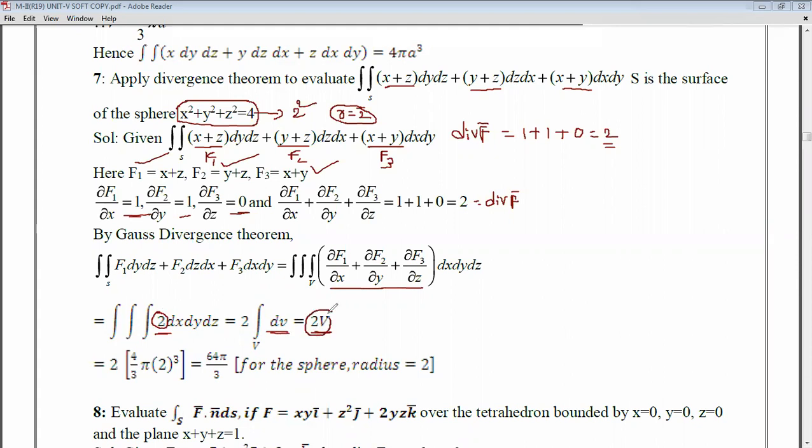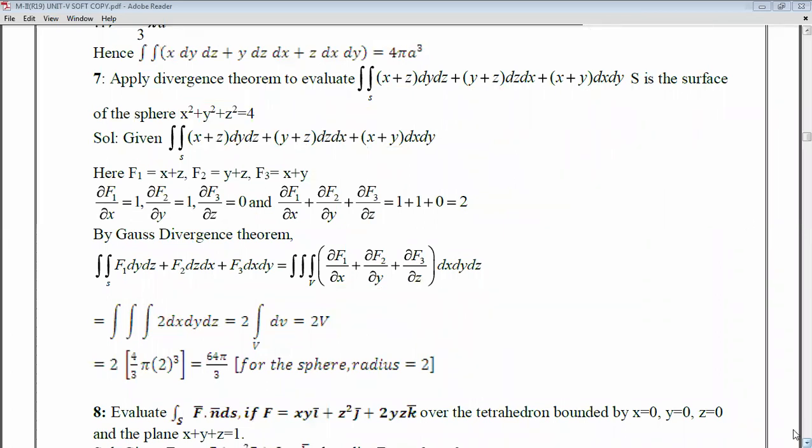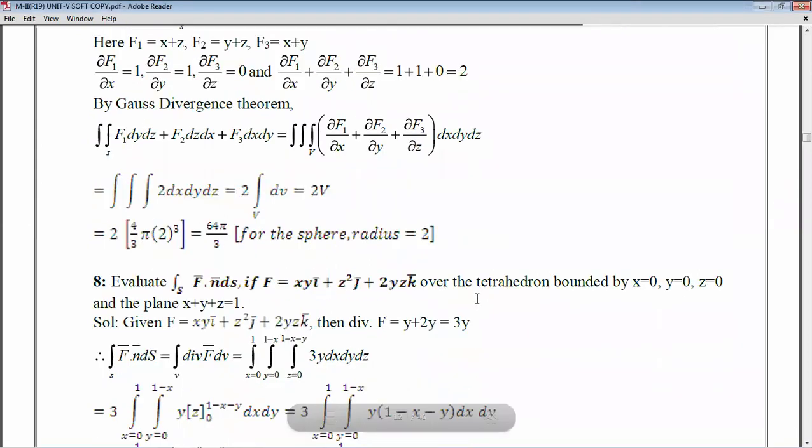So we wrote 2V, and next, here they give a sphere. The radius is 2 units and V represents the volume of the sphere. So we can write 2 into 4/3 pi r cube, where the radius is 2 units. So 2 cube is nothing but 8, so this is 8 times 4 by 3 pi, that's why here we wrote 64/3 pi. Okay, same pattern as we solved all the problems: only the volume is directly written, and we simply substitute the volume they mentioned. Okay, next.